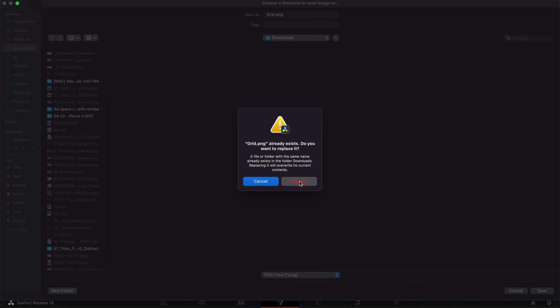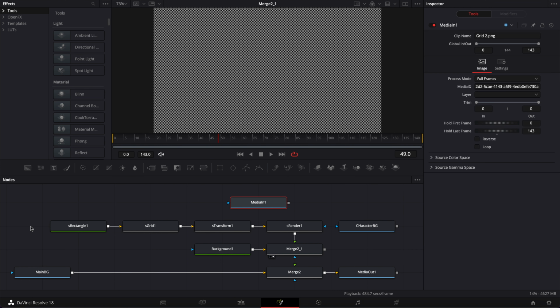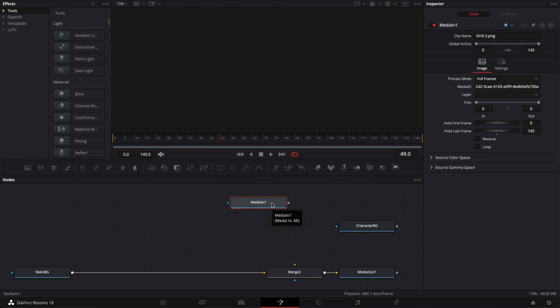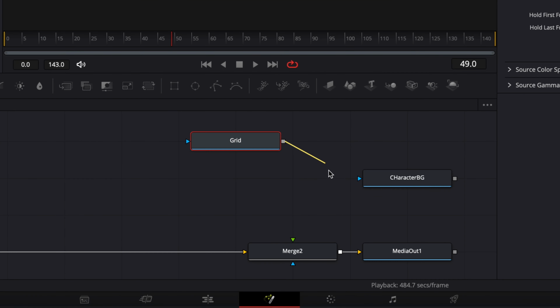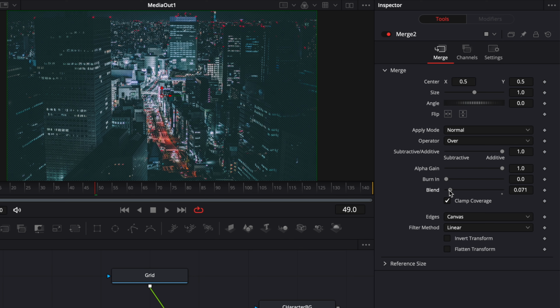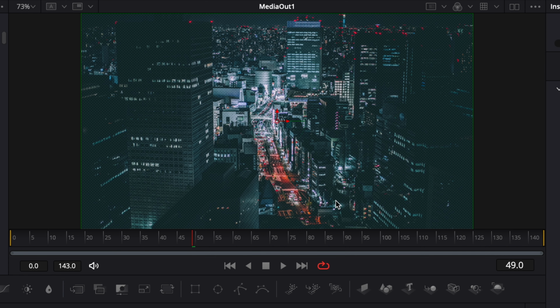Right now I already have one, I'm just going to replace it. Then we can just bring the PNG that we just exported in our working area and delete what we've used to create that background. I'm going to select it, hit F2 on our keyboard and just rename that grid. And then we can just connect it to our merge tool right there. Now we're going to select the merge tool and adjust the blending mode. So we're going to reduce that drastically just to give it a tiny bit of texture. So about 0.05 will be good, I think. It's pretty subtle, but it will really help to give more texture to the background.